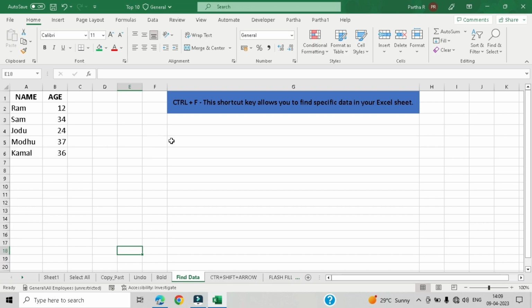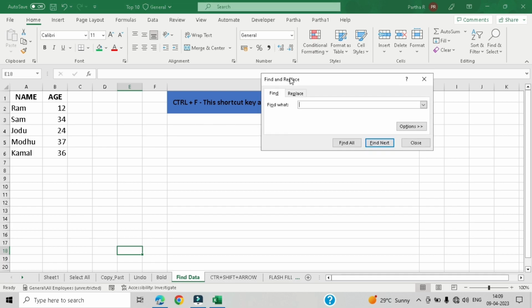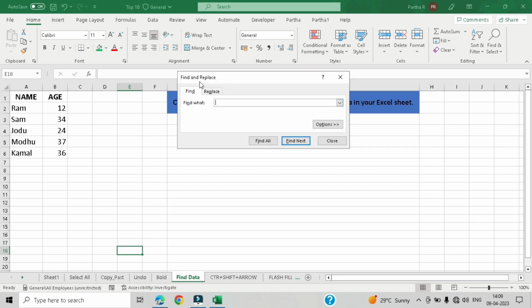We will press it on the keyboard. You can see there is a pop-up window, Find and Replace. There are two options, find and replace. Here you type the data which you want to search. Right now I have only 5 names here, so I don't have to search so much data. But if in your case you have a lot of data, like 100 rows, 200 rows, 1000 rows,